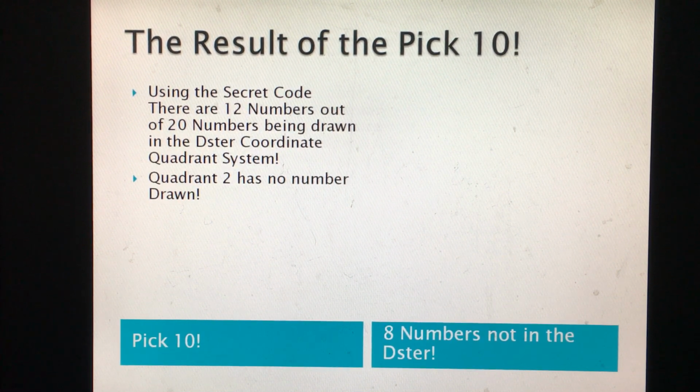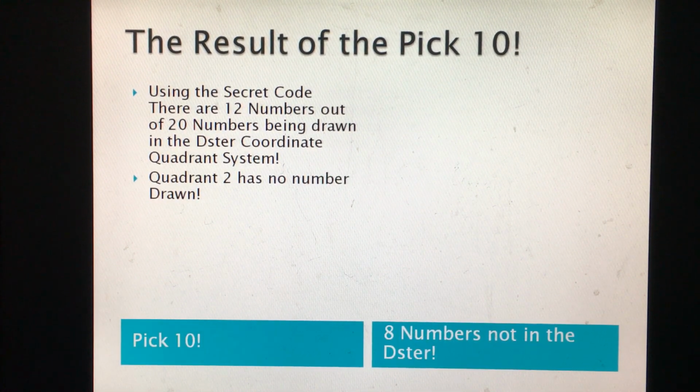So the Dster not only picks a couple numbers, standard 5, 6 numbers, it can go up to 10 to 20 numbers also. So this is the effect of the infinite Dster quadrant system. It's very useful, and I don't think there's any other system that could crack the jackpot besides this system. And if you follow my 8-step procedure from illustration part 1 to part 8, you have a great chance of hitting